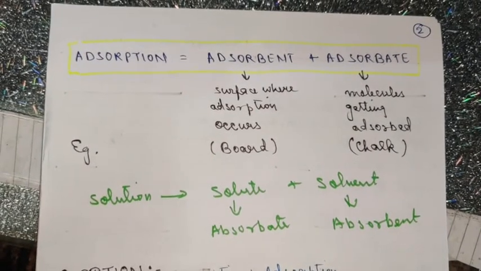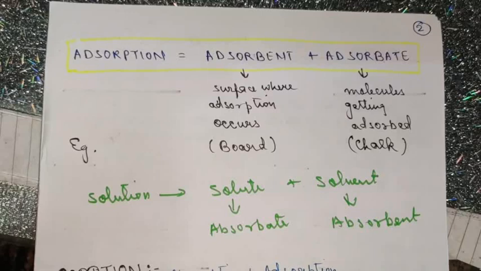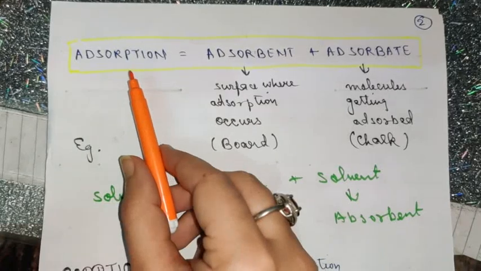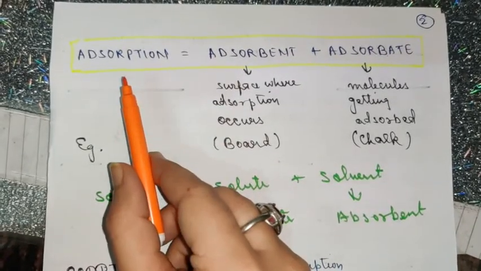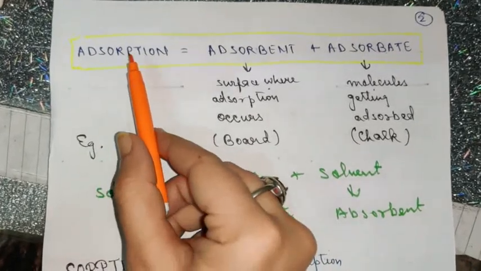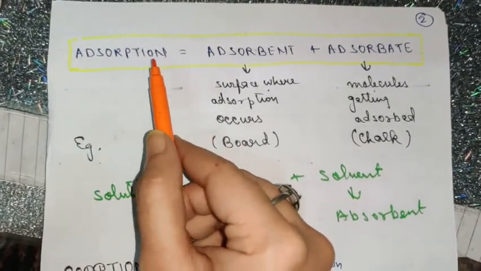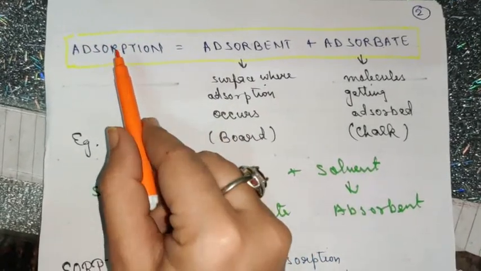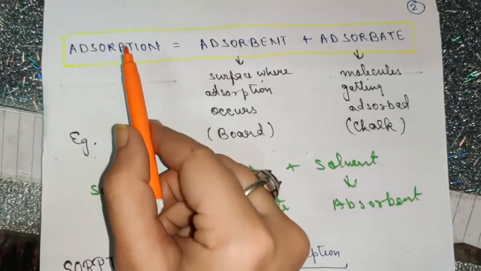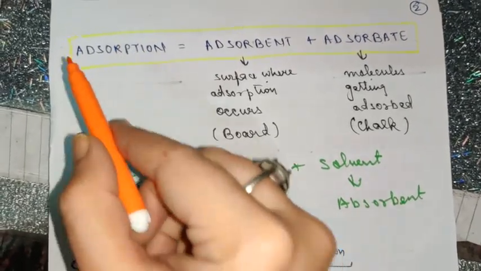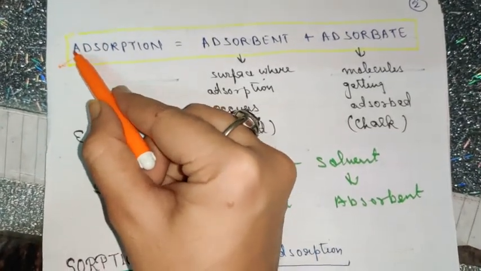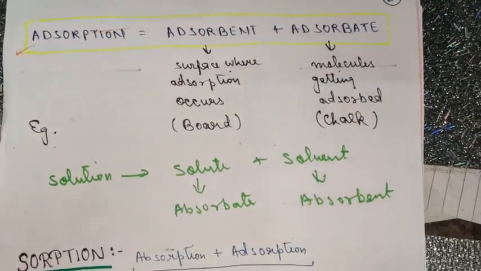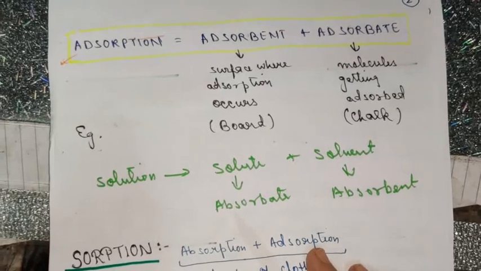I hope you all have seen the first session of the chapter, that is the introductory session, where I taught you about the term adsorption with various examples and how it differs from the term absorption. Both have a very minute difference in spelling, but otherwise the two are totally different phenomena. Absorption is a bulk phenomenon and adsorption is a surface phenomenon. Since we are studying the chapter Surface Chemistry, we will be moving ahead with this phenomenon only, that is adsorption. I hope the topics covered in the last video are clear to you.